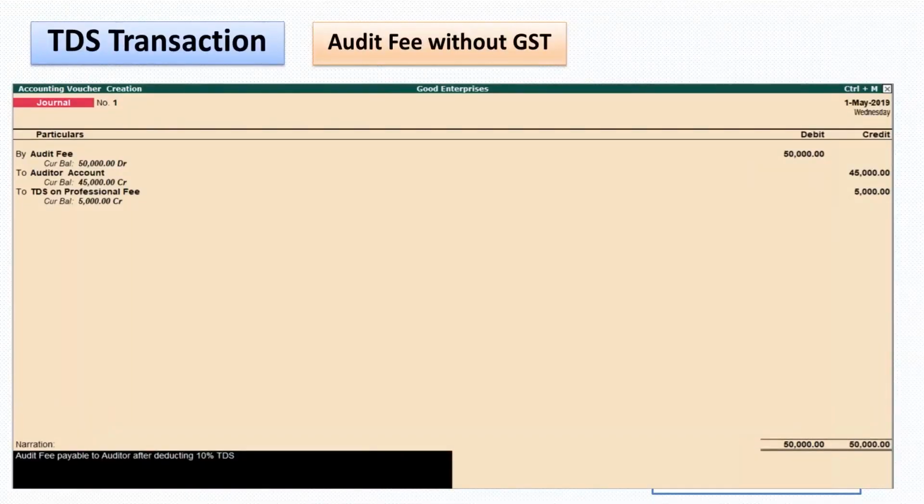And this is an example of an audit fee without GST. So we will just pass this. On clicking this transaction, automatically it will only select 45,000. These are not manually entered, but the moment I click on audit fee and put the value here, and put the party account, it will deduct 10% and 45,000 automatically gets reflected here.